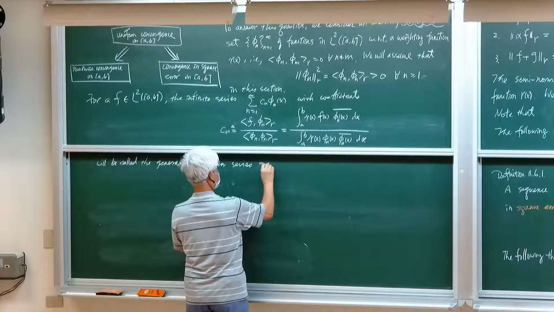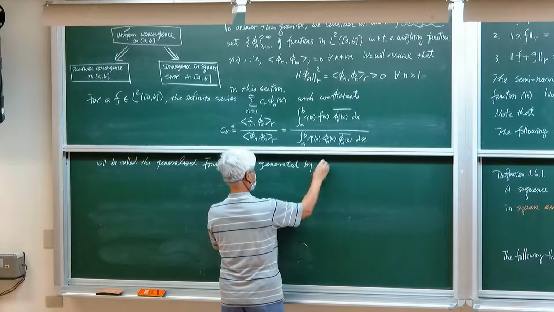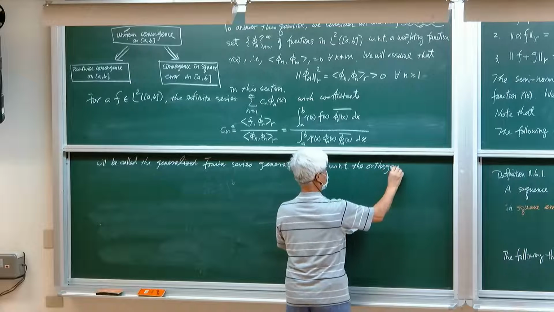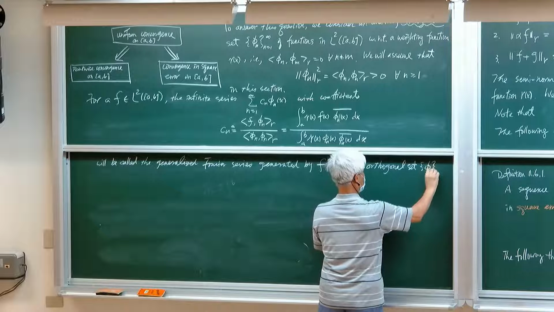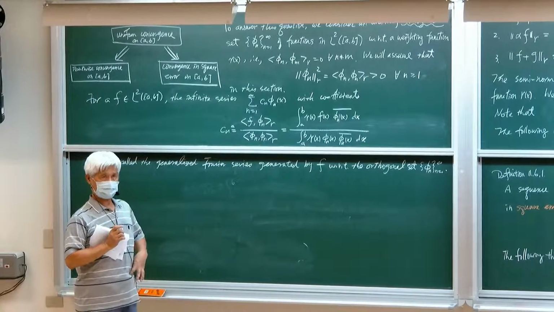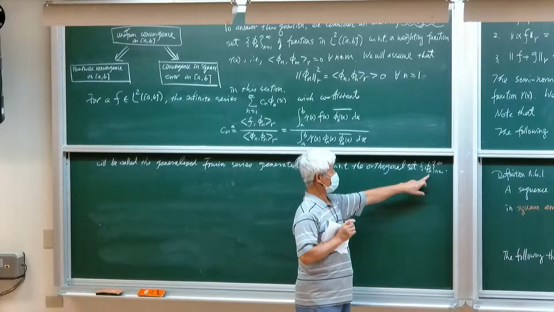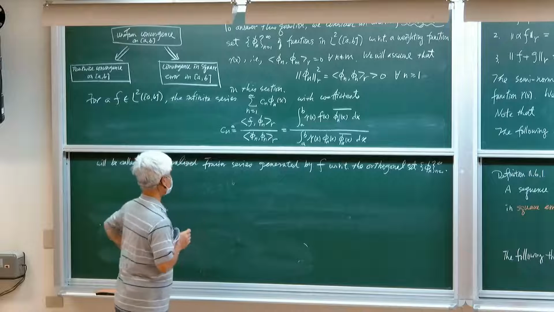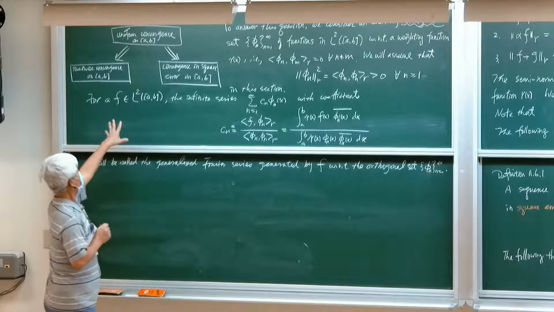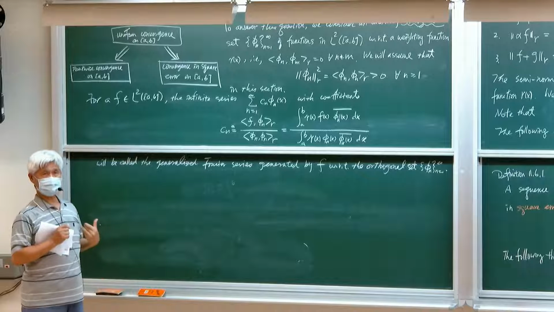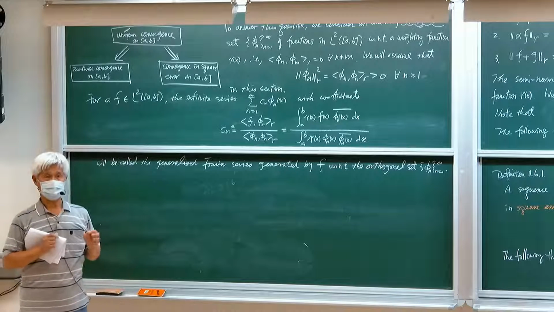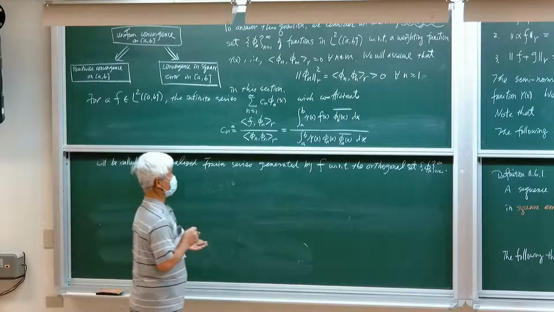Okay, generated by f with respect to the orthogonal set. Okay, so now for any orthogonal set, of course in here we use an infinite orthogonal set to generate the generalized Fourier series for any square integrable functions. And as we have learned from section number 5, any eigensystem of a Sturm-Liouville problem can serve as such